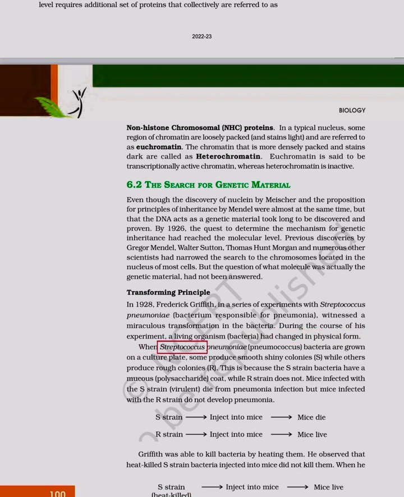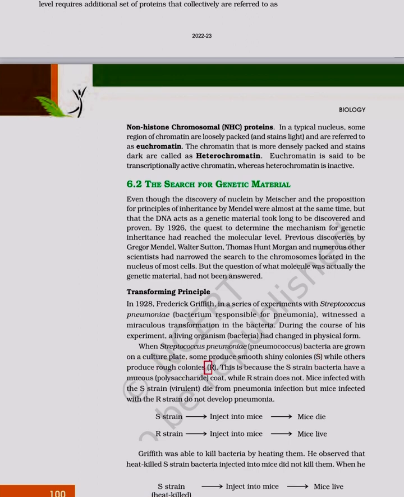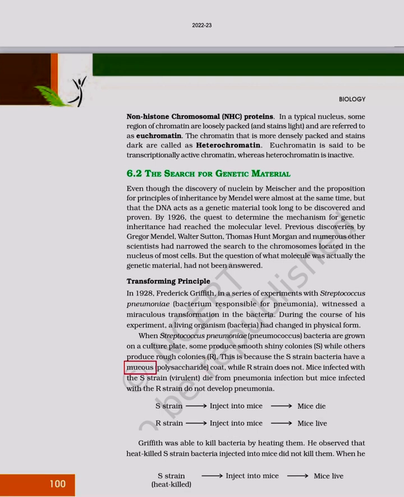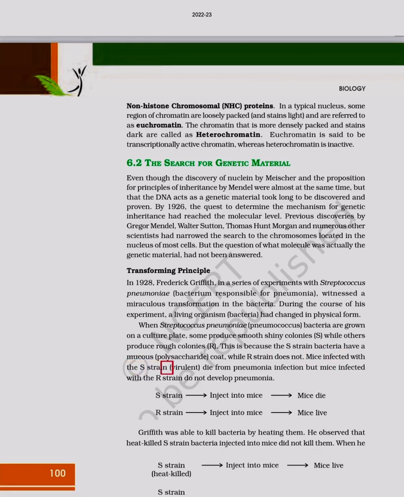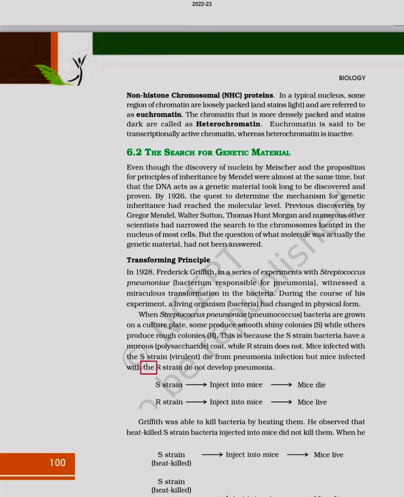When Streptococcus pneumoniae, pneumococcus, bacteria are grown on a culture plate, some produce smooth shiny colonies, S, while others produce rough colonies, R. This is because the S strain bacteria have a mucus, polysaccharide coat, while the R strain does not. Mice infected with the S strain (virulent) die from pneumonia, but mice infected with the R strain do